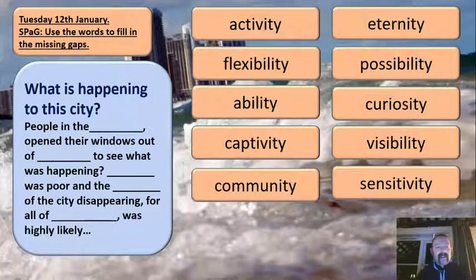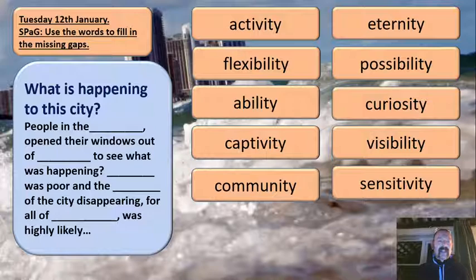Something was poor and the something of the city disappearing for all of something was highly likely. So you need to use the words that you're given on the screen and work out which words best fit. Obviously you need to read it back to check for meaning.